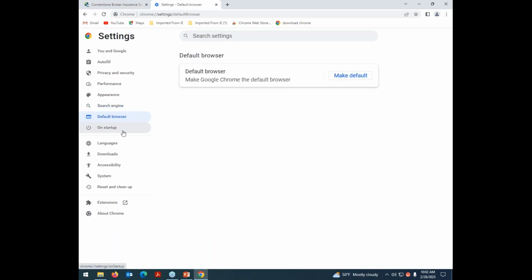Now, the last one that I'm going to cover is just making Google your default browser. Almost every browser has this link nowadays, and it's linked right under here, titled Default Browser. If I were to hit Make Default, then it would update my browser settings on my computer, so whenever I open a link,